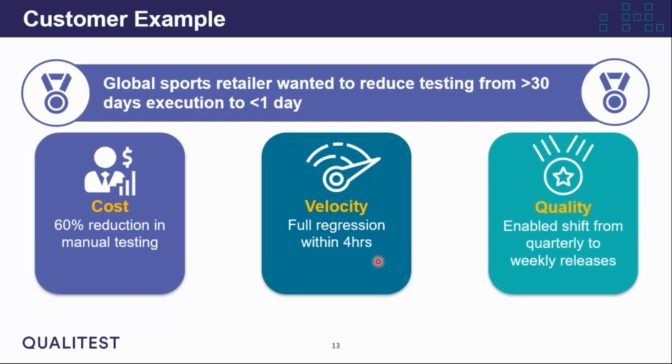So we have a couple of little challenges in there. One, they've got lots and lots of manual tests, and they wanted to reduce it by 30%. In reality, once we went through that process, we've actually done it by over 60%. I think it's about 64% reduction in those manual test cases. They wanted to significantly reduce the time it was taking to do all the execution. That was at 32 days, and it's now down at 4 hours. So it's a huge shift in terms of accelerating.